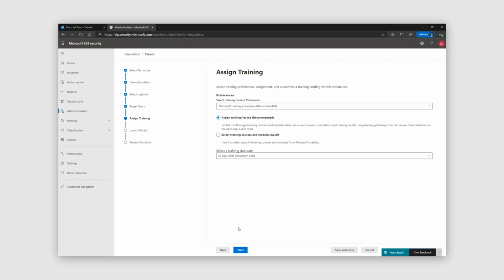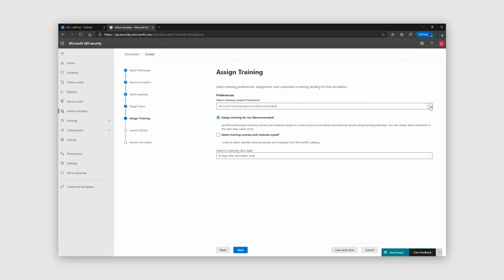Right. So on this page, now there is the assigned training experience. So this is where you actually choose the training content. There are many different types of training experiences that we can eventually have. Right now, it just shows a Microsoft training experience, but there will also be an experience where you don't have any training content,